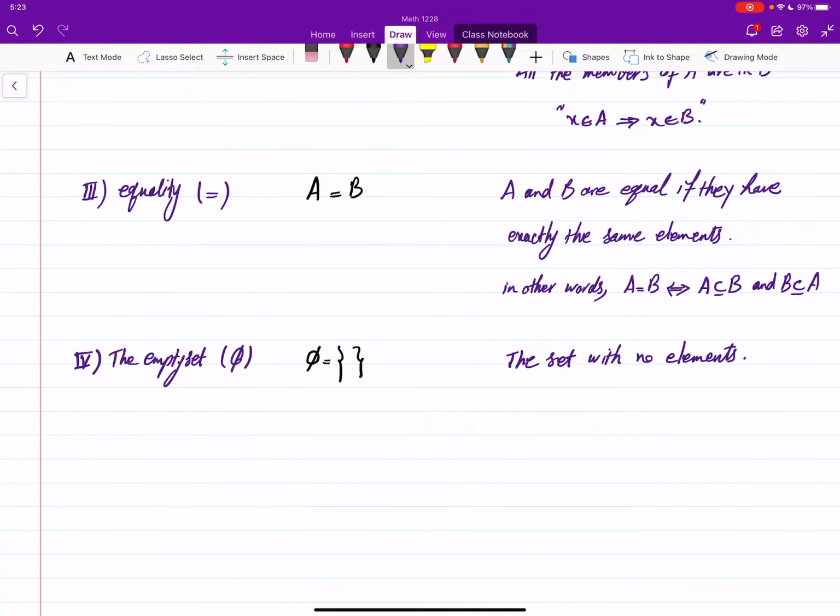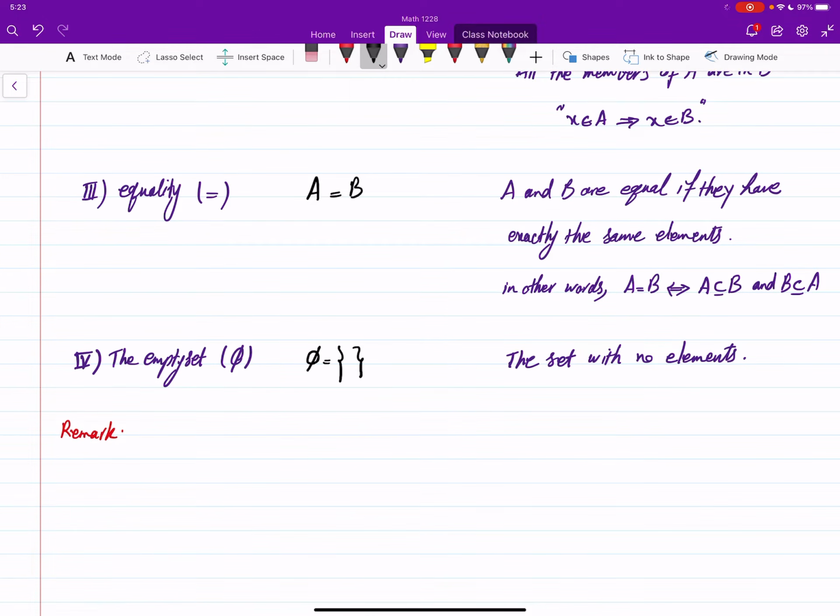Well, there is this. So these are the main things that we have. There's one more thing that we will come back to very soon. But let me just add this remark here